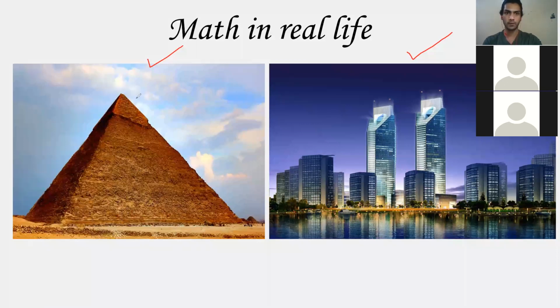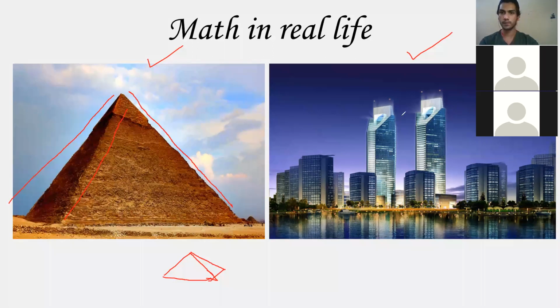First of all, if you look at the left hand side pyramid, we have three faces over here like this. If you look closely from the front, you will see a triangle, and it is somewhere like this, a pyramid. It is a 3D triangle, basically a three-dimensional triangle, which is a pyramid.